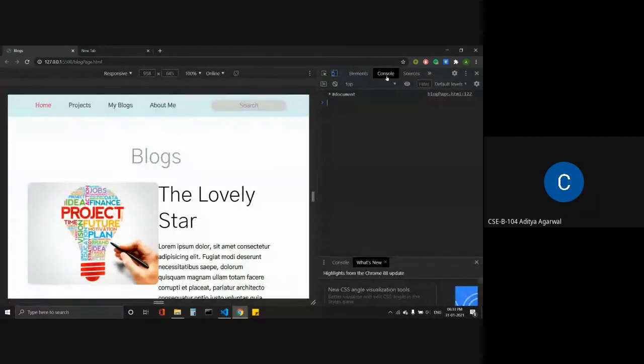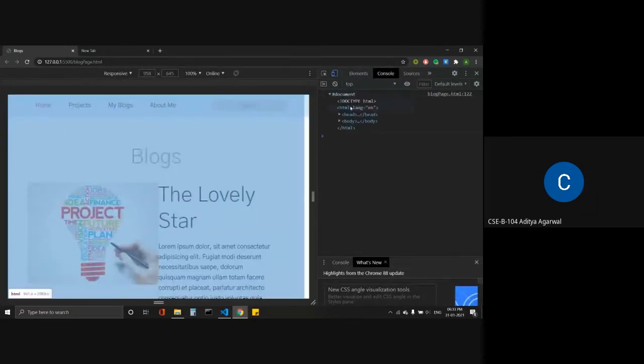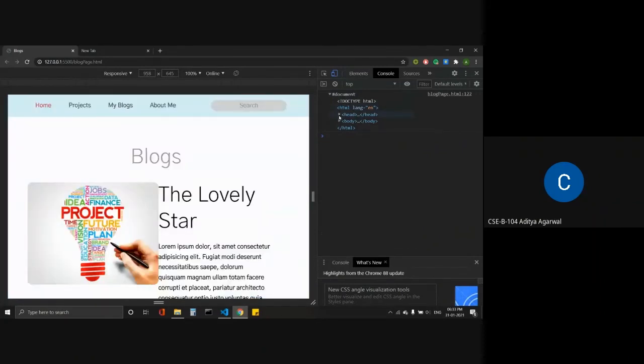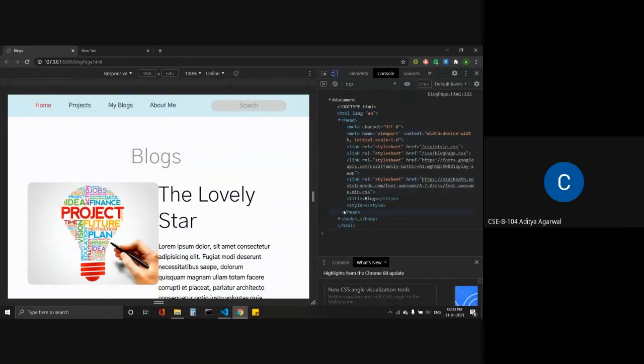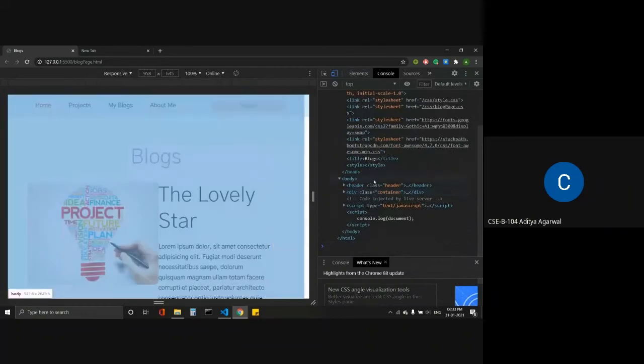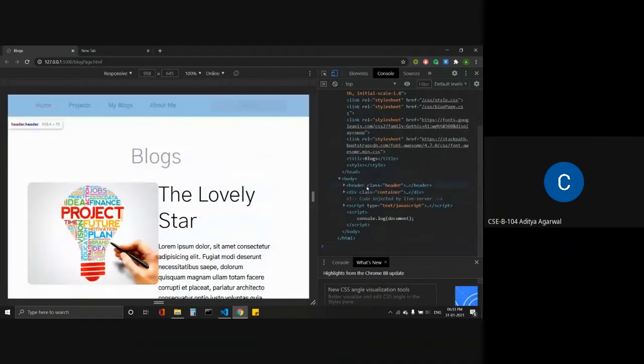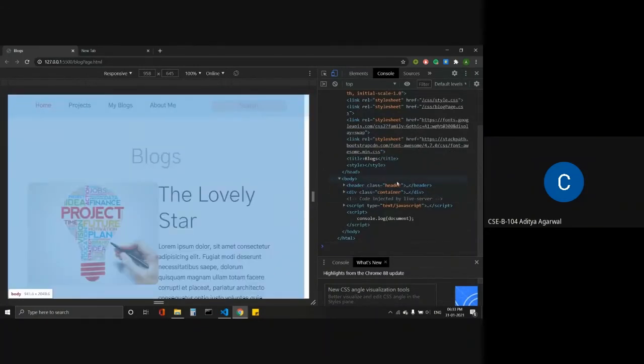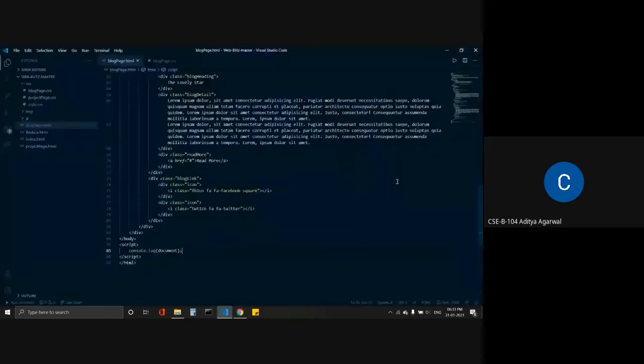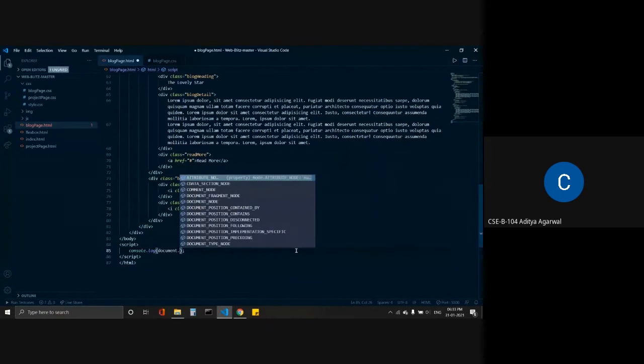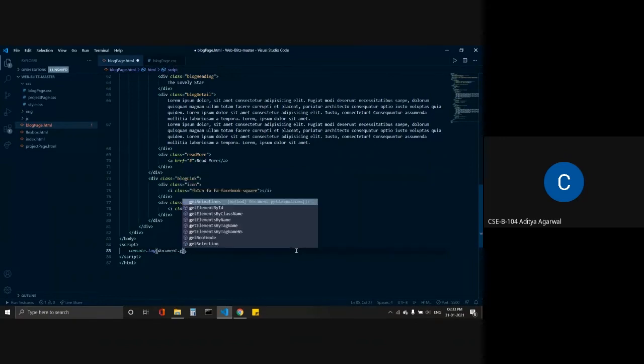On the console, the whole HTML document is printed. Inside there we have head, and inside body we have various elements. We can select a particular element of the document by document dot. If we want to select an element by ID, we will write getElementById.